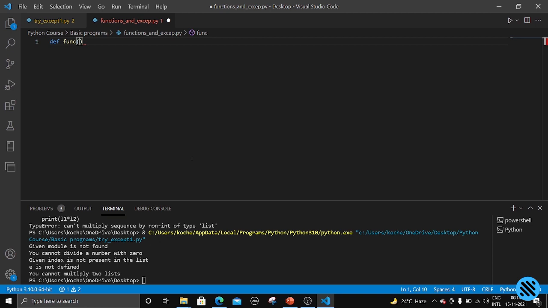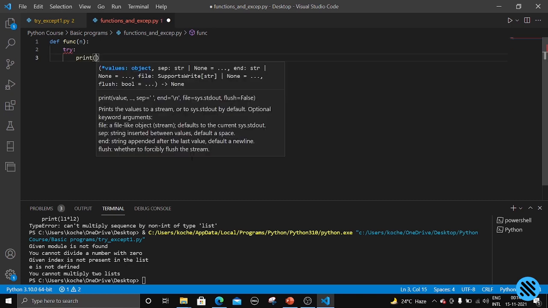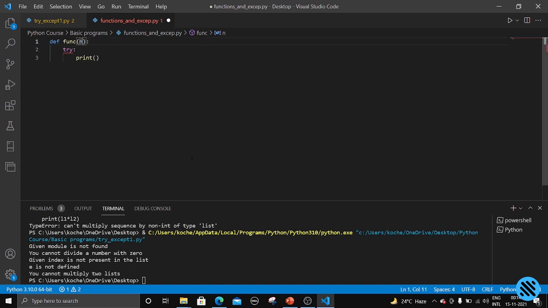Let us take a number n, and now try printing, let us take x comma y, x slash y,